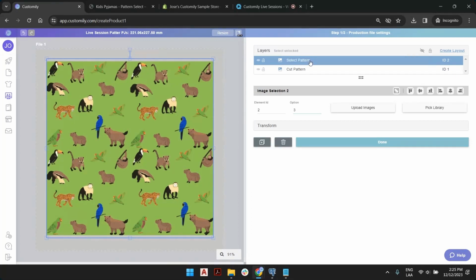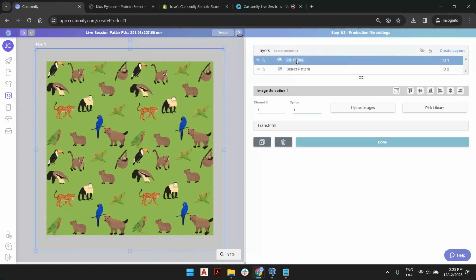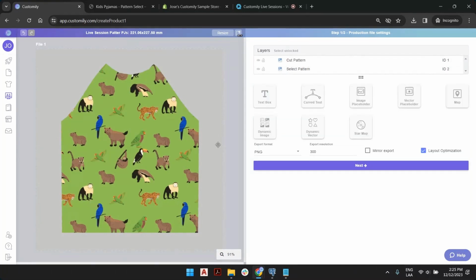And since this is covering the cut pattern, we can pick this library and we can click, hold, and drag to the top to create the cutting effect. So basically, this will be our printed piece. Nothing more, nothing less. We're going to export this in PNG 300 dpi format,